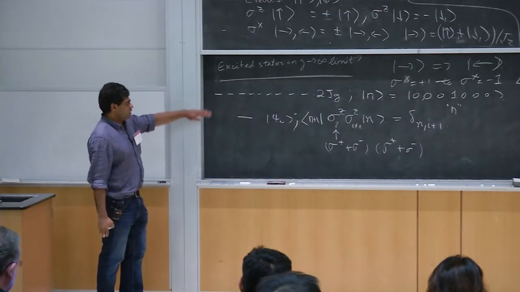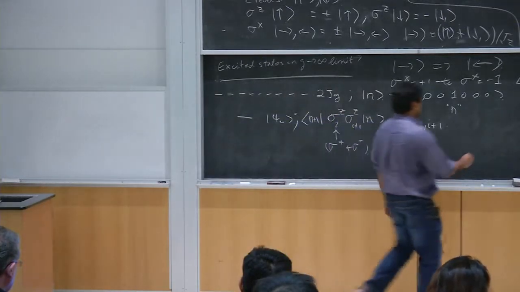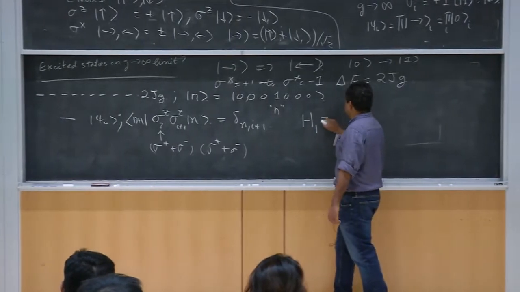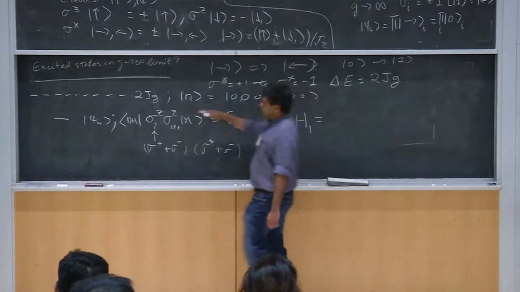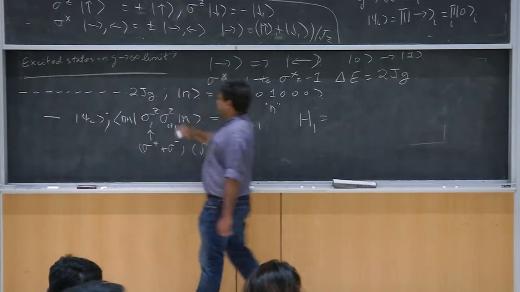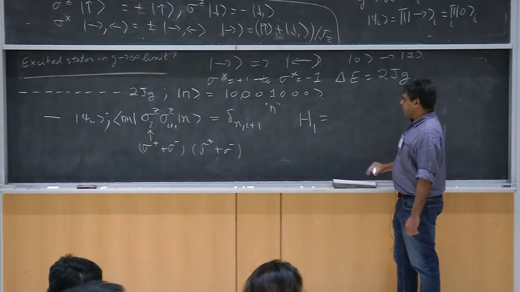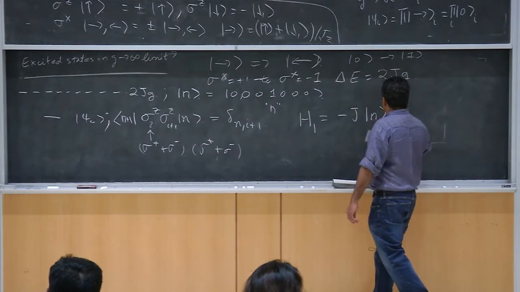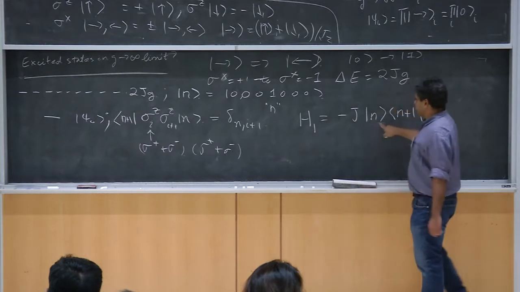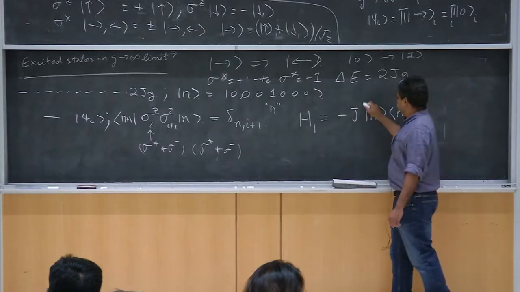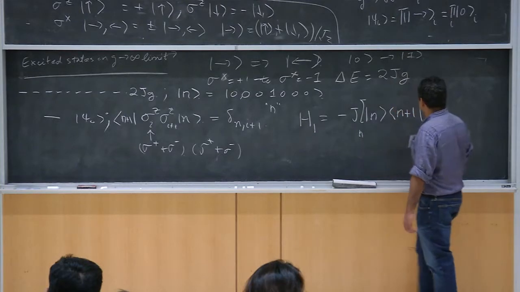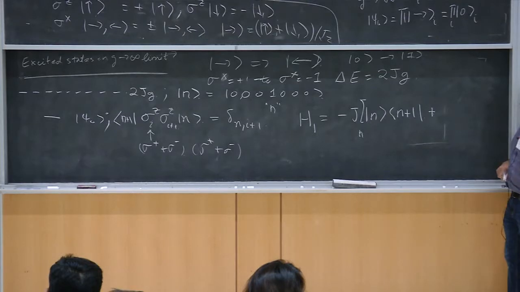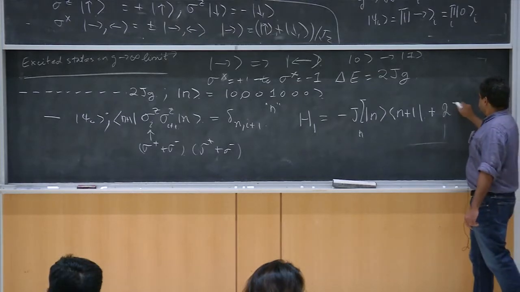If you work this out, the effective Hamiltonian in the excited state, let me call that H1. I'm only going to consider states in this manifold over here and look at what the effective Hamiltonian is. Well, there is a hopping term which is this J times, which will hop me from site n to n plus 1. There's a sum on n. And then there is an energy cost which is simply independent of where these things are, which is twice JG.